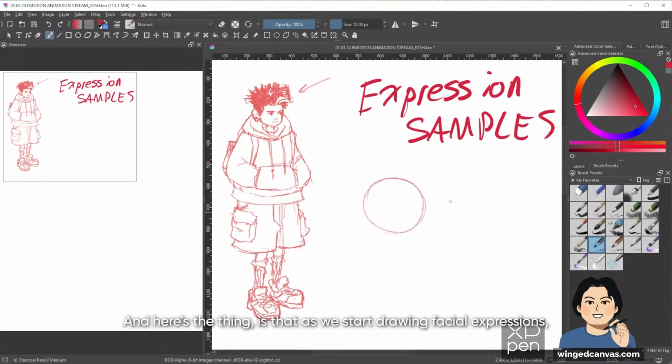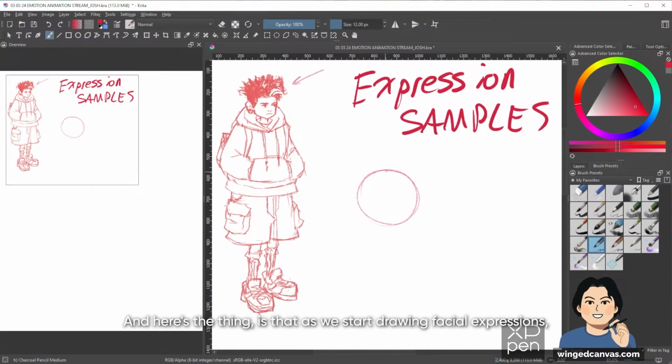And here's the thing, as we start drawing facial expressions, sometimes you'll discover new things about your character, because remember, this was literally our first time drawing this character. So sometimes I just drew it in the moment, and as we start drawing different angles and different face shapes, we come to learn different ways to push and pull our characters' faces.